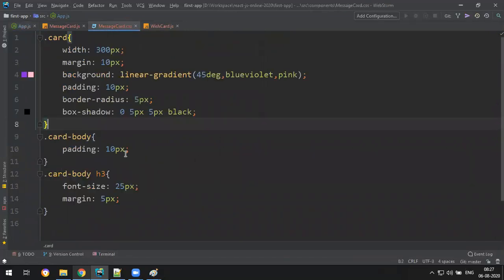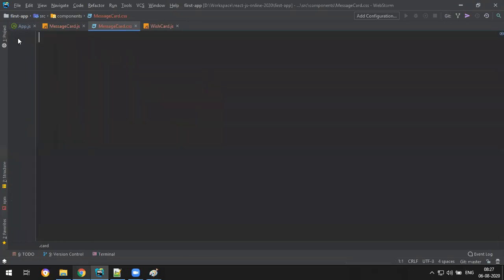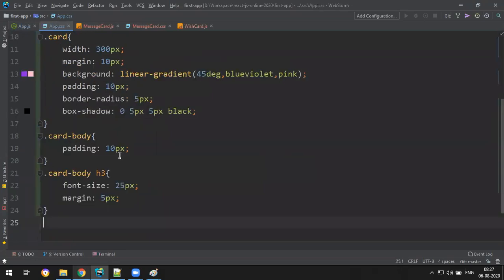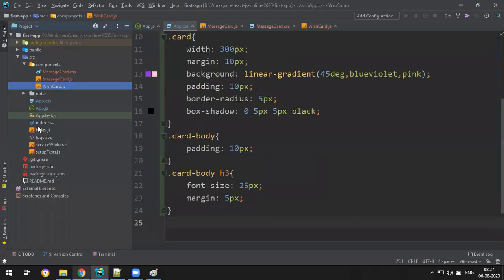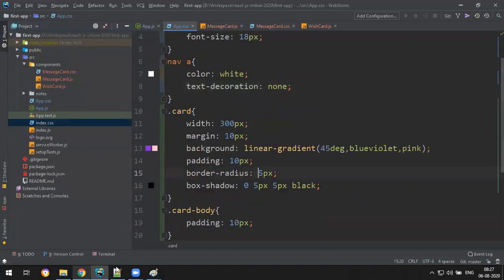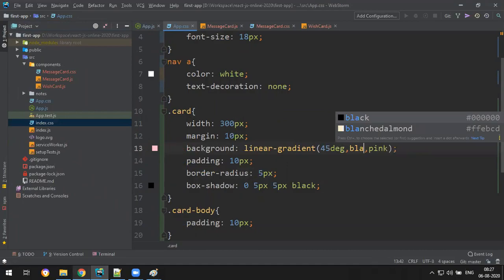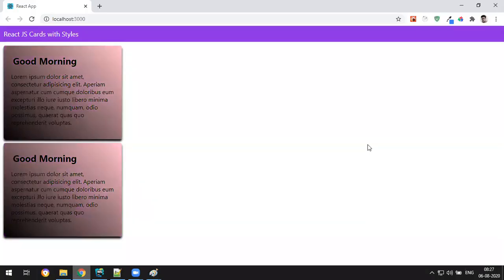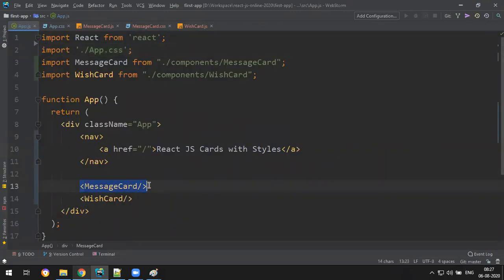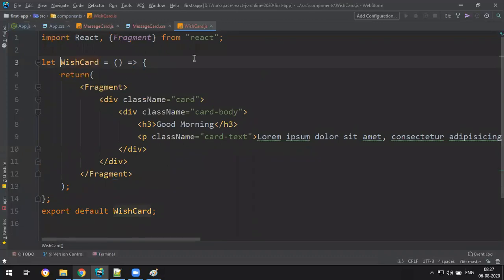So what you can do is let me keep all the styles either in the app.css, or your application root level is index.css. You can keep in the index.css or app.css. As of now we have app.css as the root, so we'll keep there. So both will work. And suppose if I change this to something called black, both will be applicable black. Okay, so this is the way you will create your custom components and you will apply the styles for them.